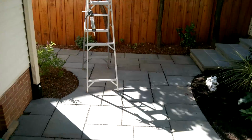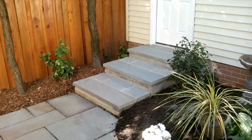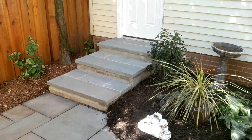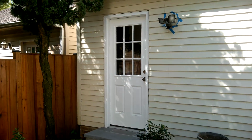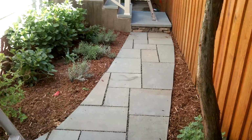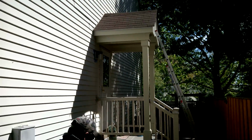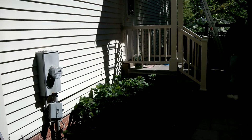And then we're moving back out of the porch, downstairs, patio, flagstone veneer over the existing concrete stoop going to the garage. Replaced the door, access door for the garage. Flagstone patio walkway that leads around to the side to a side portico over side entry door, also with the